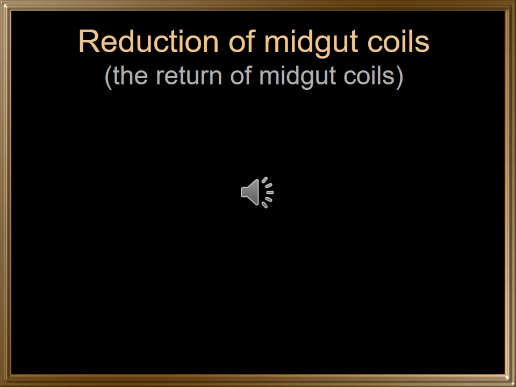The next stage of development, as in the case of hernia, you have studied the inguinal hernia. Any repair is called the reduction. Reduction means a repair, to send it back into the abdomen, and in the developing midgut as well, it will be called the second stage of rotation. During all these movements, it is continuously rotating, and this is the return of the midgut coils.